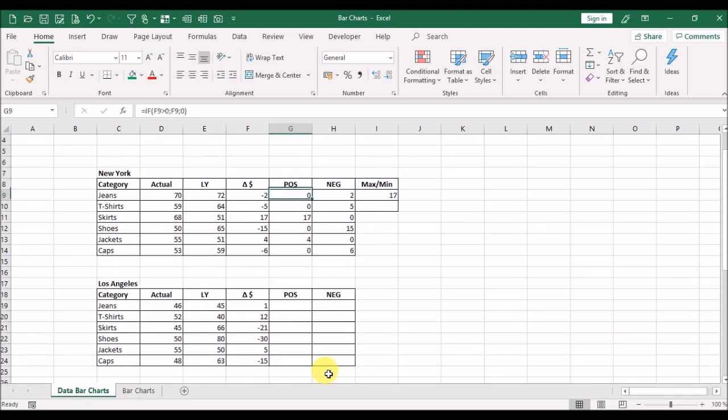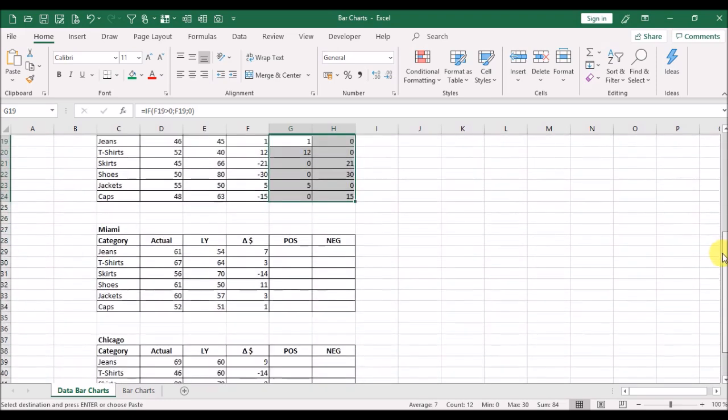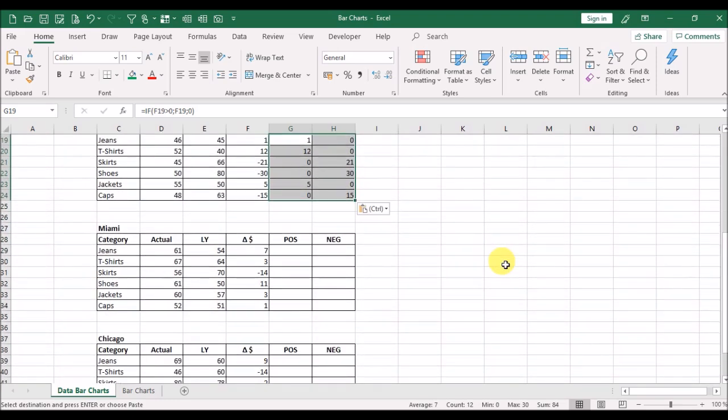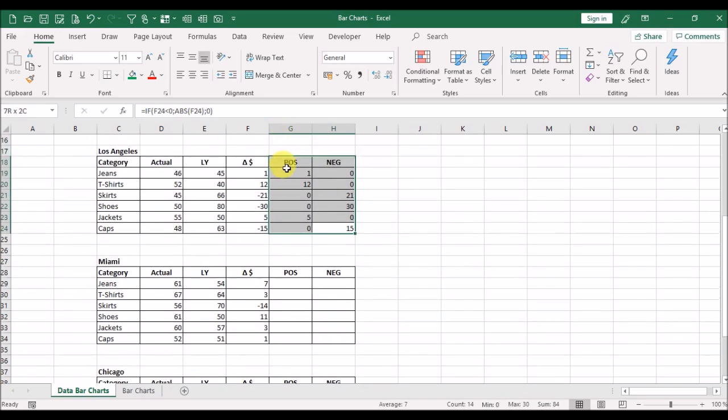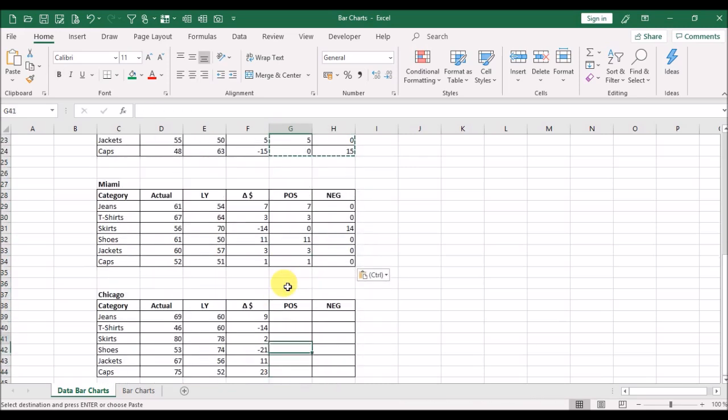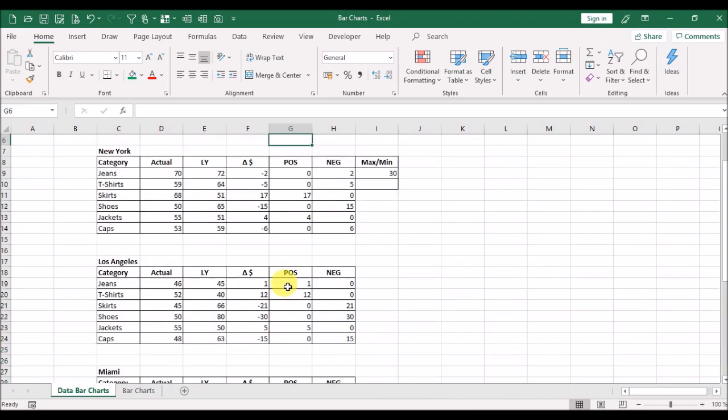So now we will copy the formula from the positive and negative value for the other cities. And we will make the check for the maximum.